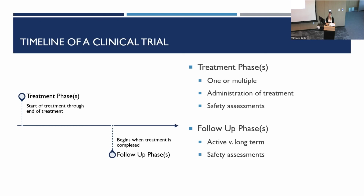So typically I see on a lot of clinical trials is it will be asked for you to come in 30 days after your last treatment, and then again 90 days after your last treatment. Again, this is for safety assessments, things like a physical exam and vitals for the clinic provider will have to be done. And sometimes there are blood draws, sometimes there are EKGs or echoes, just additional assessments that are required. Each clinical trial is slightly different. And then looking into the long-term follow-up treatment or the long-term follow-up that is with